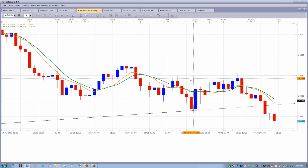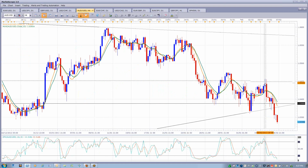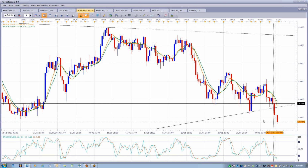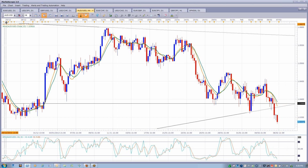The 4 hour: you can see lower highs, lower lows, and now a big down move. That's breaking that trend line. Sellers tried to correct itself, but now sellers are again pushing prices much, much lower with some momentum as well. On the 1 hour chart,